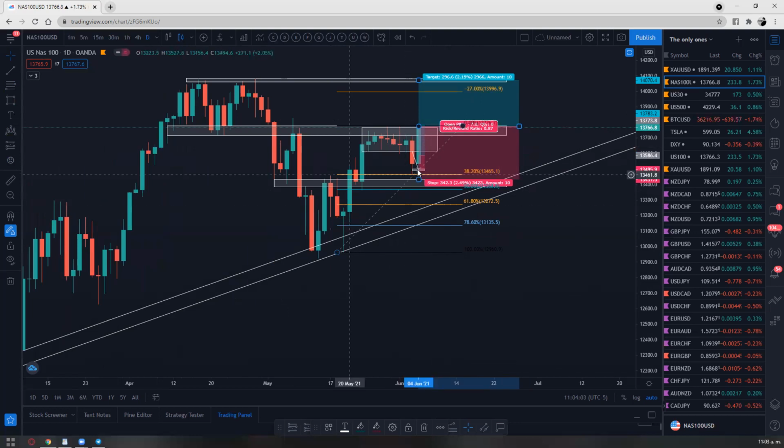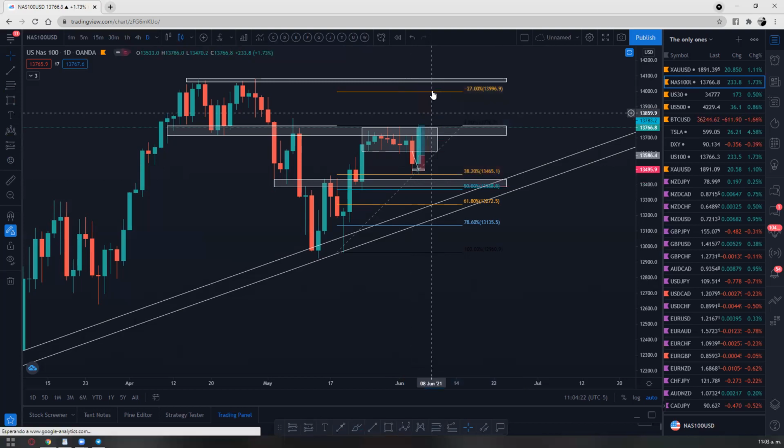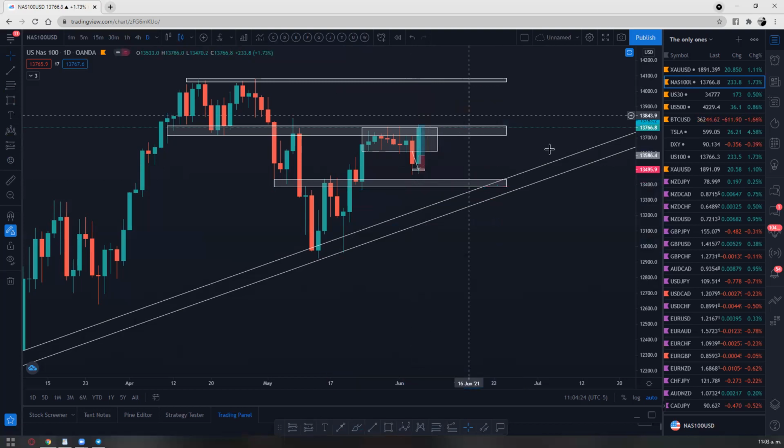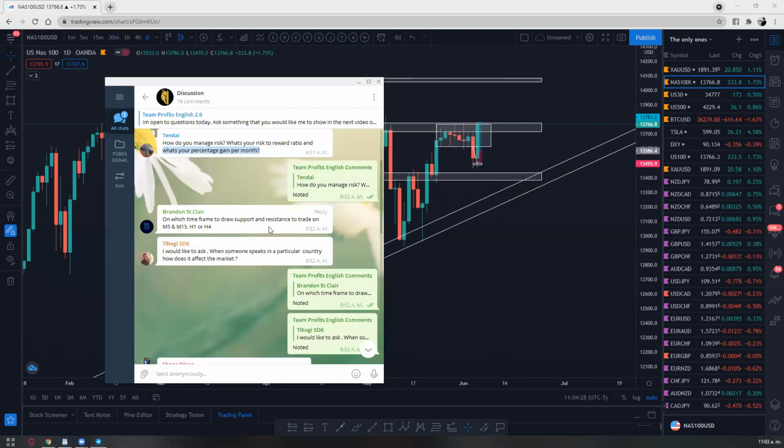I mean, this is a good signal. Push, pull back, and now you got the engulfing. This is a signal. This is what is called a trigger, a candle pattern. So this is beautiful to make an entry right here. You put your stop loss below the last low, and then you aim for highs. So that's a good tip right there. Anyways, I think I went over that question as well.